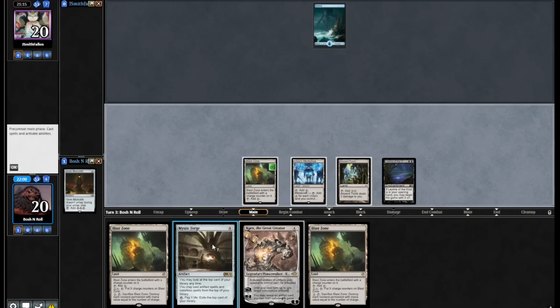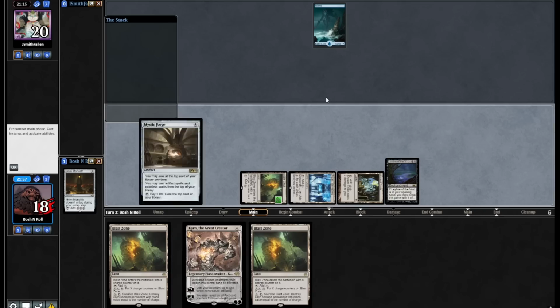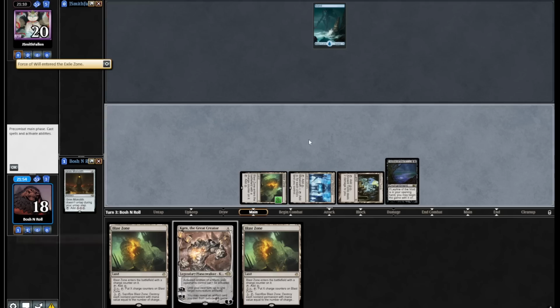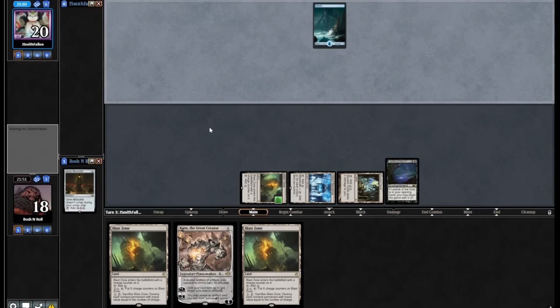And Mystic Forge. I think Karn is more important, so if they're going to be dazing random spells, I'll play this one first. Force of Negation, pitching Force of Will. Okay. Force of Negation is funny because now I can wish for that with Karn. And they made it clear they're out of dazes. Force of Negation, pitching Force of Will might indicate they have...